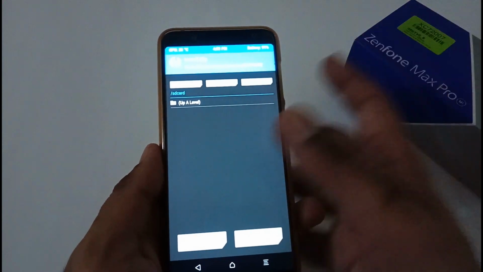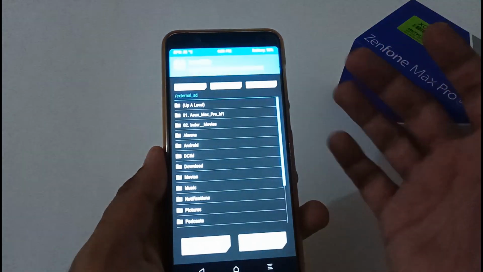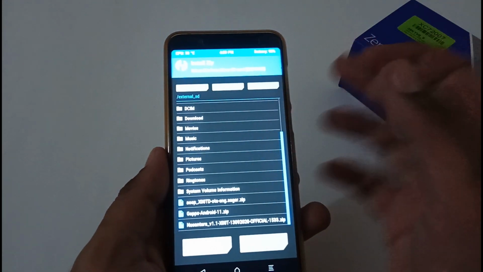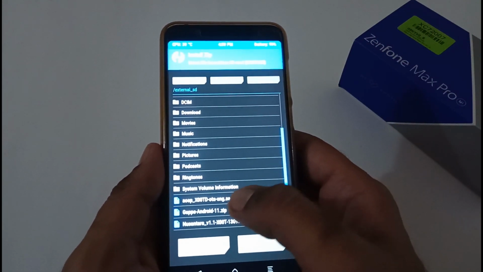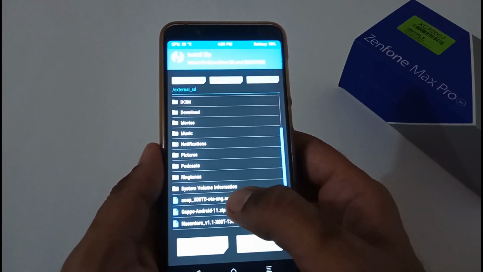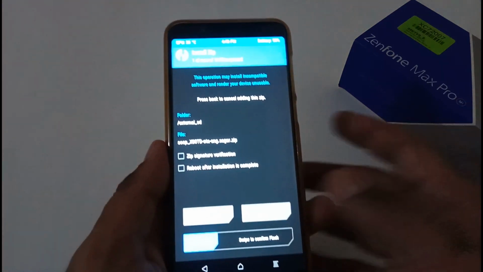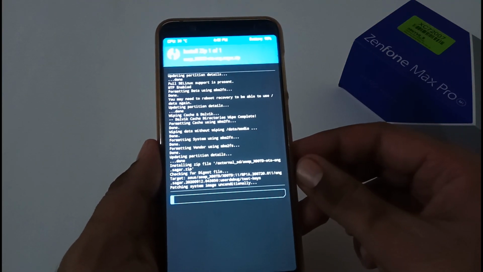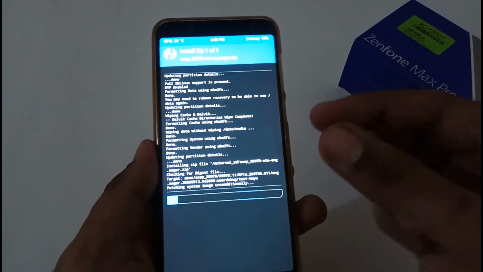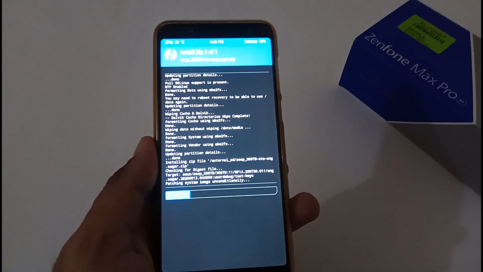So for that, you have to tap on the install button. Afterward, select storage and select the micro SD card or OTG pen drive, whatsoever you are using. And afterward, these are the files: the above one is the ROM, that is AOSP, and then the GApps version. Firstly, we'll be tapping on this particular version, then swipe to confirm flash. It will take nearly 4 to 5 minutes to install this particular version. So let's wait till it completes, and afterward we'll flash the GApps.